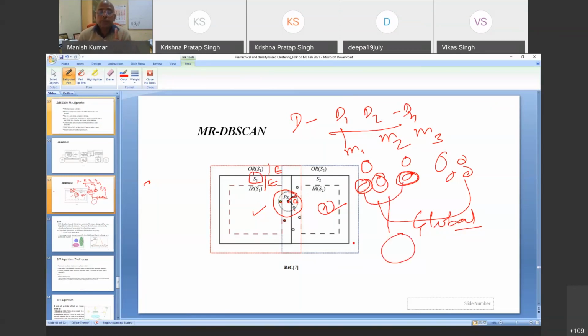The complexity of this is that each cluster of each mapper will be investigated against the clusters of each of the other mappers for this merging process, to decide whether they can be merged or not. Finally, when you process all combinations of investigation, you will have the global clusters, which will be your final clusters for the process. So this way I can parallelize DBSCAN also.